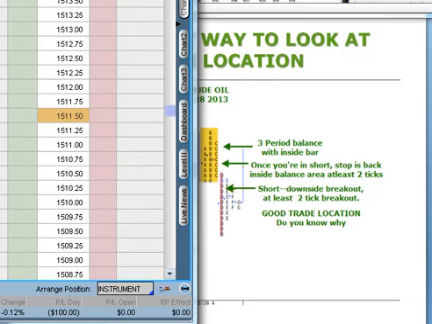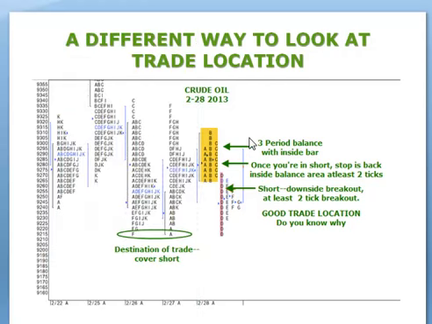So on the trade we're looking at right here, a three period balance, and I'm going to take the trade when D period comes out of the inside bar in C period and coincides with the others. I'm going to take that trade. My stop would then be placed someplace back above the D period high. Not way above, but just a little bit above the D period high, back inside the balance area, because you're thinking at that point, if this trade is going to work, we shouldn't go back and re-enter the balance area.